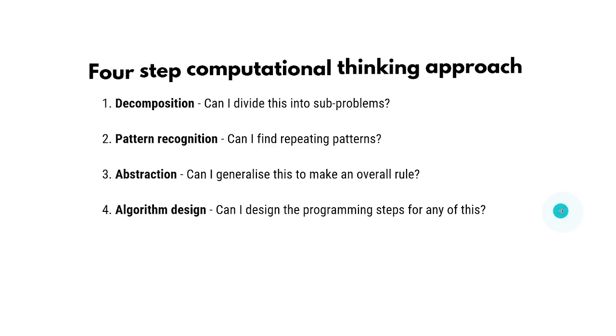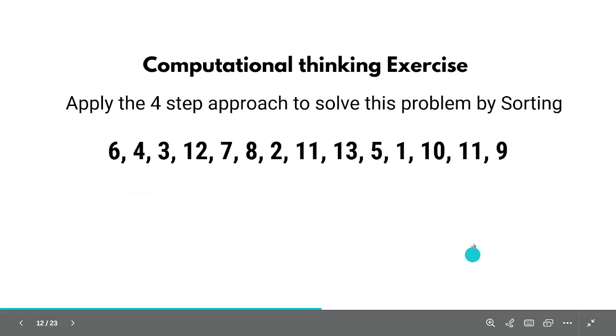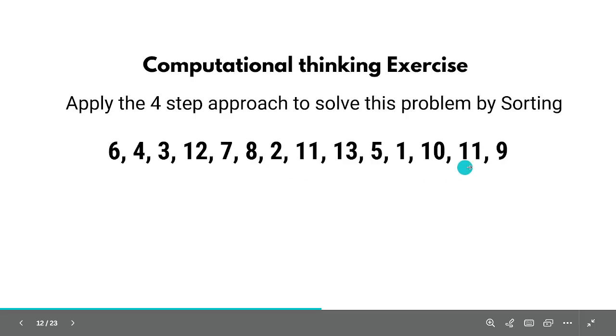Now we'll look at an example. Apply the four-step approach to solve this problem by sorting. Right here we have an unsorted list and we want to sort it into ascending order, like 1, 2, 3, 4, 5, 6, 7, 8, 9, 10. So, applying the four-step approach,